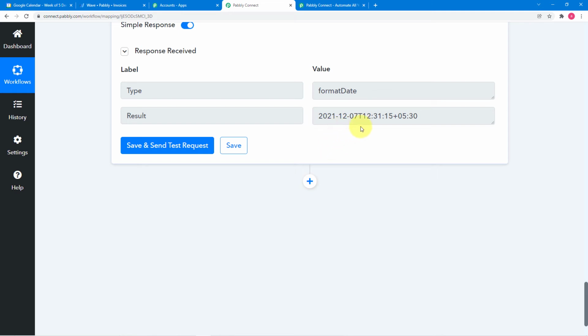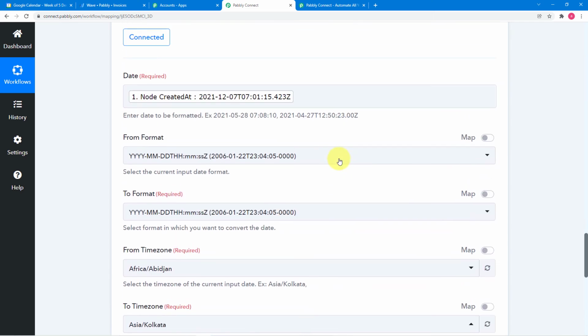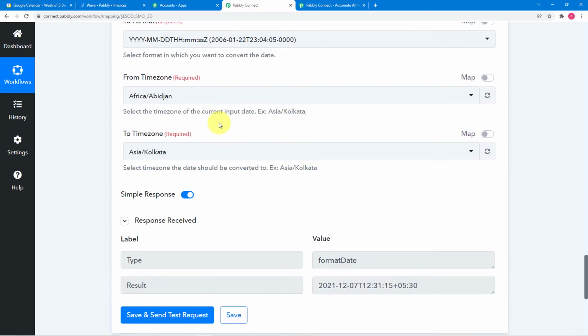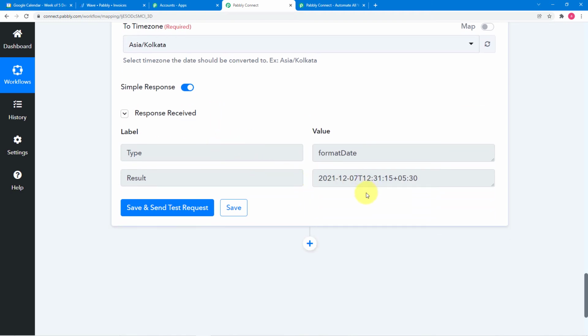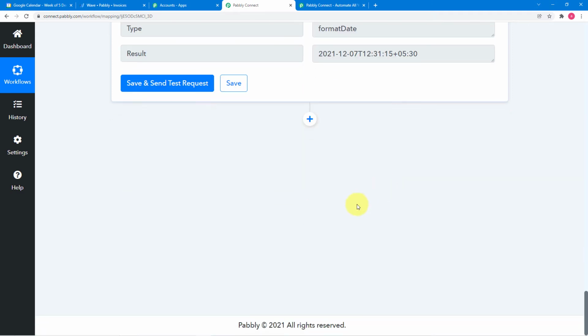Okay, so for that we got the time here. The starting time of the meeting is, let's say, this. Okay, so I just converted the creation time of the invoice into Indian Standard format, and we are going to create the event by using this start time, but we also need the end time. So let's say the event is for 2 hours. Now I'm using date time formatter again.